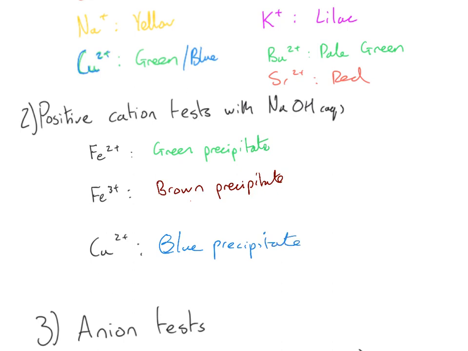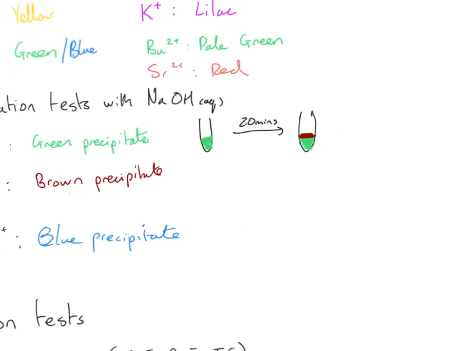The interesting thing about iron 2 is that initially you get a green precipitate. So precipitate is a solid that comes out of a reaction of two solutions or two liquids. But over time, so let's say about 20 minutes, what would you see? You would see it still mostly be green, but at the top you'll find a layer of brown precipitate. And this brown precipitate is formed from oxidation